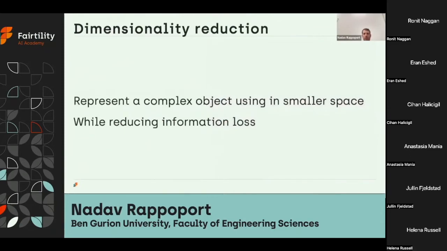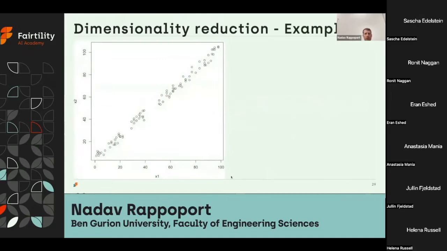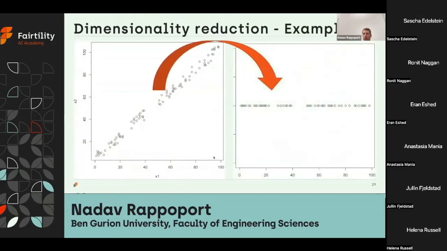The third type of unsupervised learning is called dimensionality reduction, where we want to represent complex objects using smaller space or a smaller number of parameters, but still be able to keep most of the information. It is useful, for example, when we want to reduce bandwidth or use some type of algorithm which is limited by the number of parameters it can handle. Here is an example. The original data is in 2 dimensions, though we can rotate it and keep only 1 dimension while still preserving most of the variations in the original data.